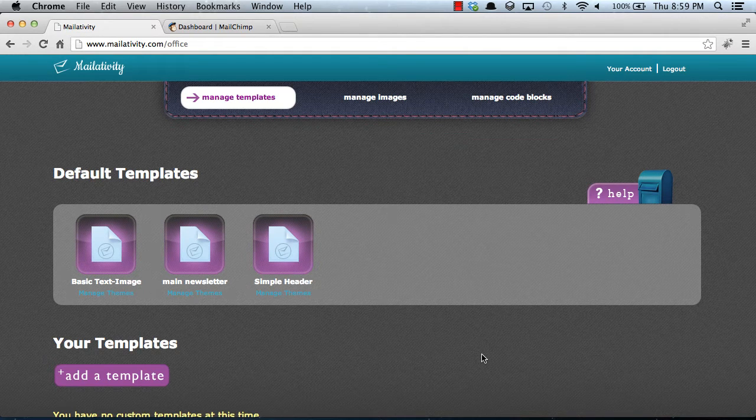Welcome to Mailativity. We're going to walk you through how to add your own theme to one of our default templates and also how to send your HTML email for free through MailChimp. So for starters, to create your own custom themes from our default templates you see here